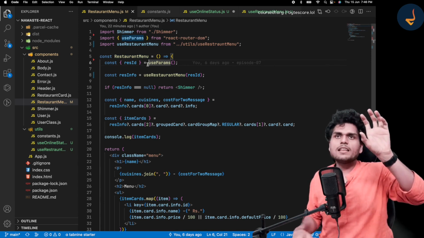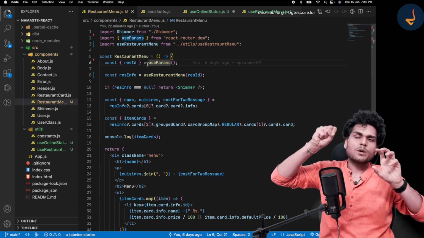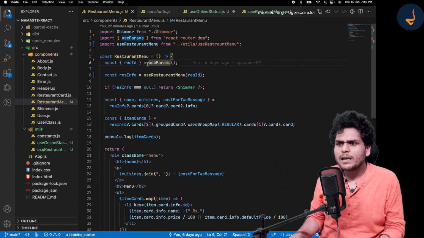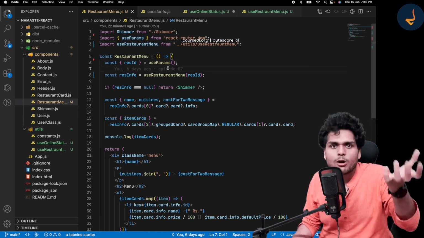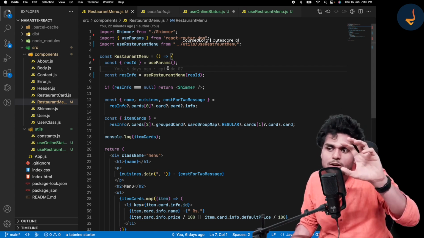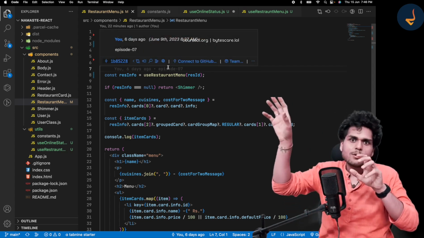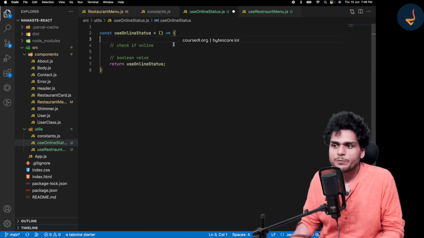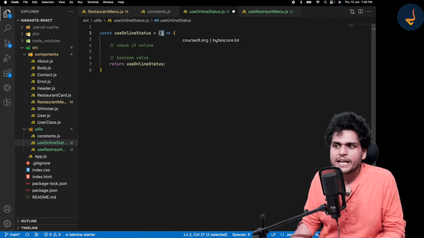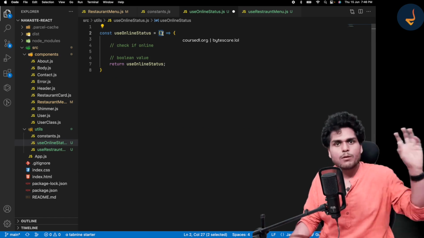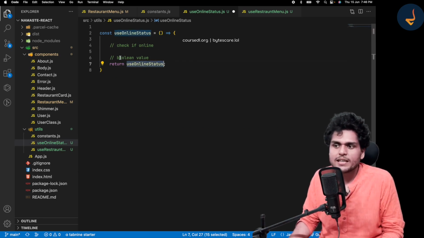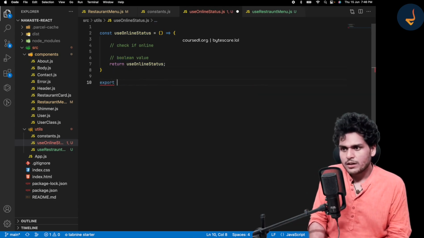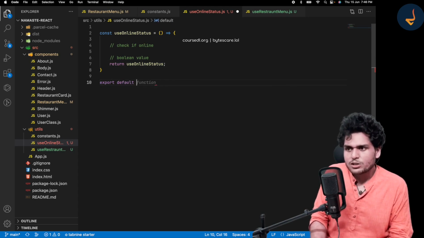So to get the parameters from the URL, listen to me very carefully, I don't need any particular information from the caller, from the component where it is being called. I just need to access my URL, right? That I can do by using utility functions, by using browser functions. Similarly, over here, I don't need any extra specific information from the component. I just need to return a Boolean value, and then export it. So hope you would have understood till now, right?